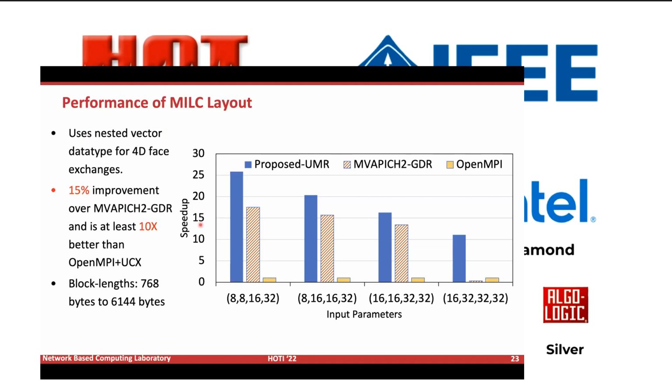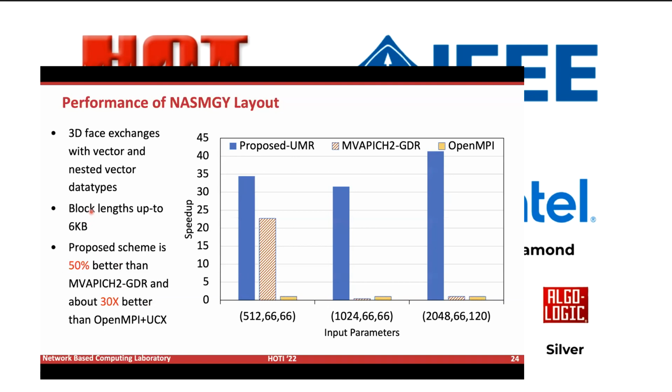And here again, we do see that the proposed scheme is performing up to 15% better than GDR, and is at least 10x better than OpenMPI plus UCX. When we profiled the block lengths used in these layouts, we found that they were from 768 bytes to 6 kilobytes. And next we move on to NAS MG's